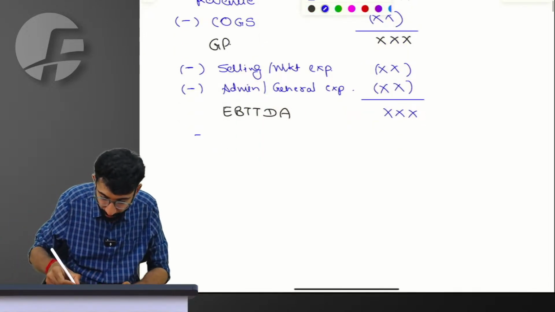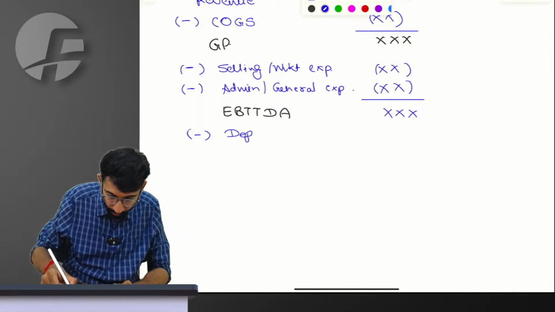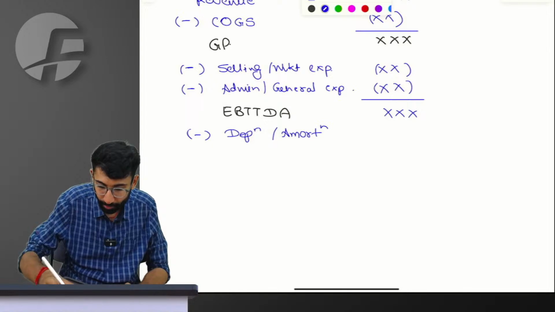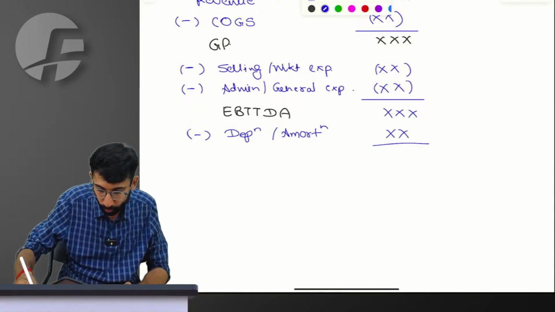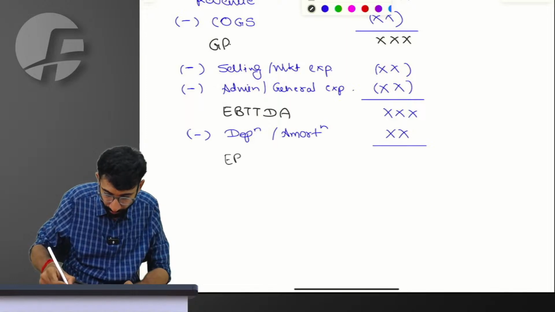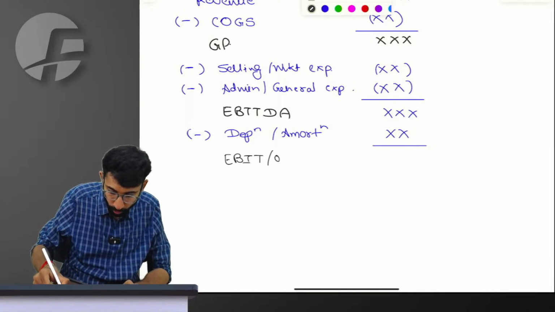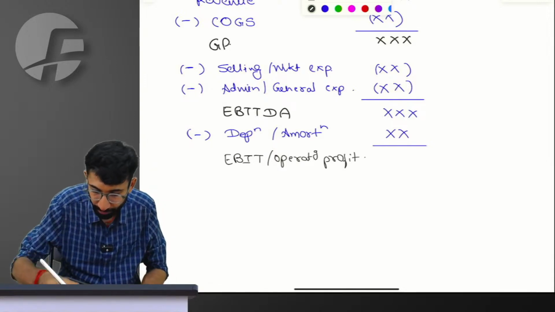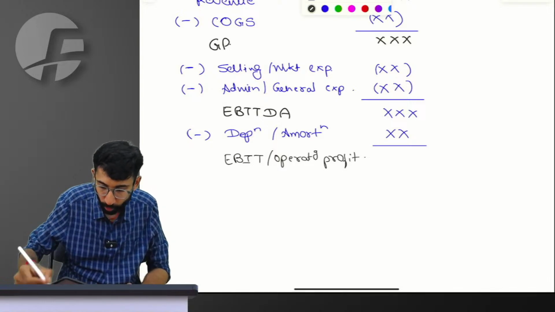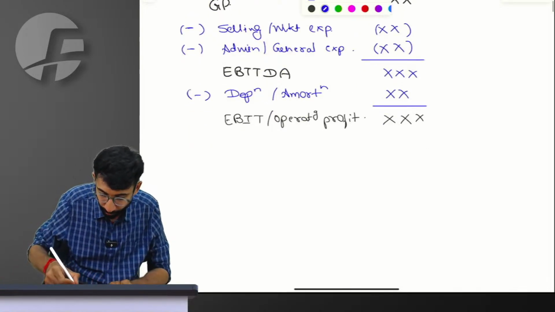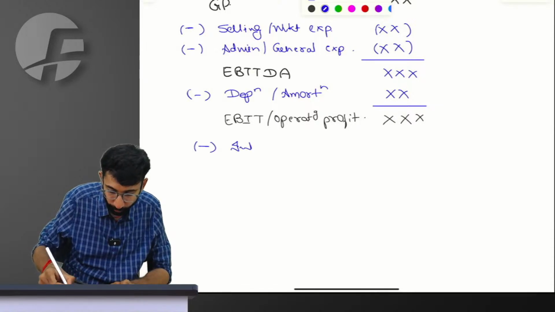Which means let us from this deduct depreciation or amortization, and when I do so, what I get is called as EBIT, which is also called as operating profit. Everyone in the class, what is EBIT also called as? Operating profit. From this operating profit, from this EBIT, the next thing obviously you deduct is